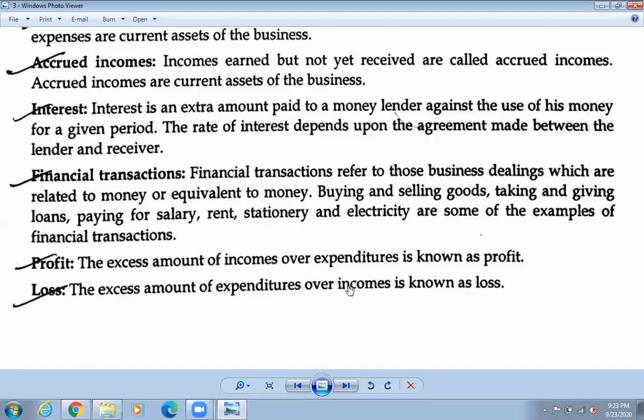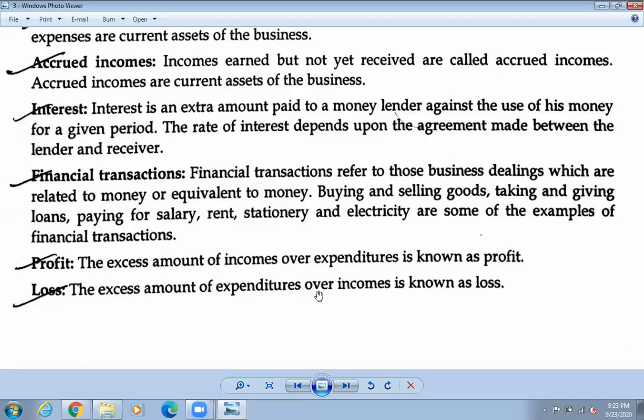Suppose the income means selling price, and expenditure means cost price. So when the cost price is greater, किन्ने price चाहिँ धेरै छ. So if you have bought eraser at 10 rupees, expenditure is 10 rupees and income is 7 rupees. Is that profit or loss? That is loss. Loss भएको भयो नि त.